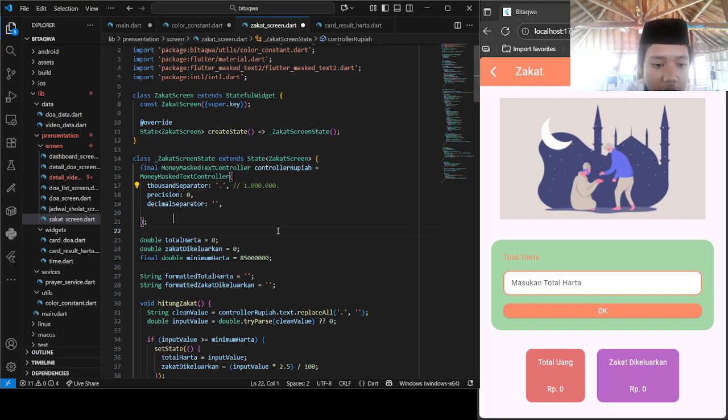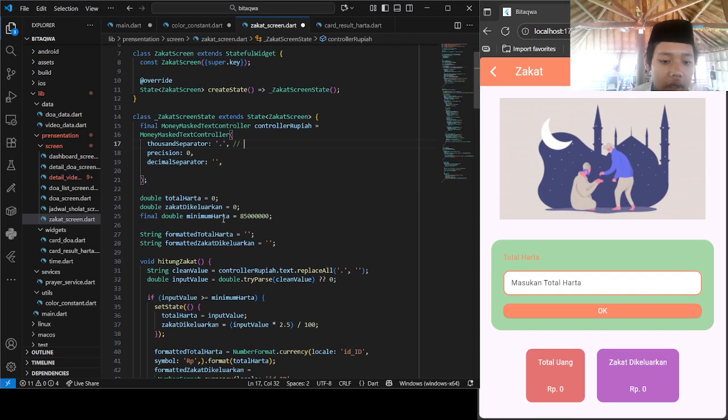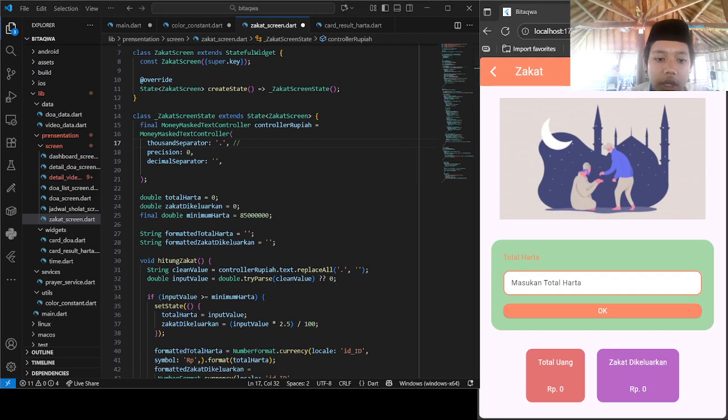If there is no this section, it's just 000. We will be confused whether this is 1000 or 10,000 or 1 million. If there is a dot, it's easier to understand. And then there's the decimal separator.